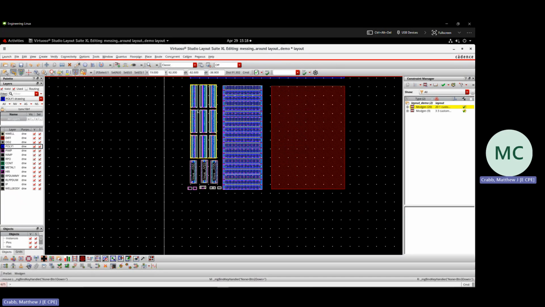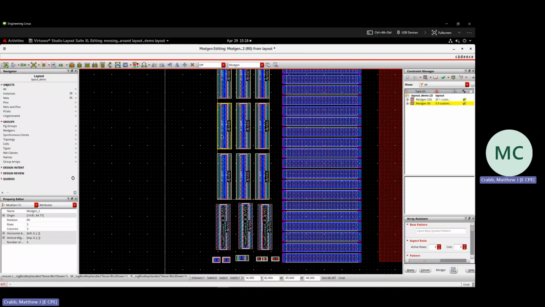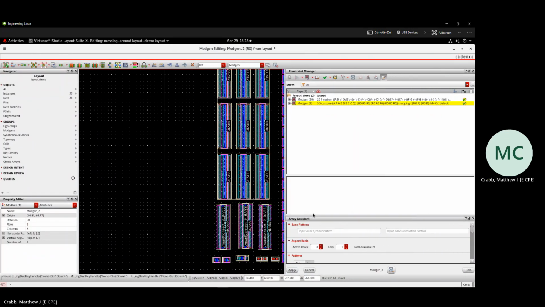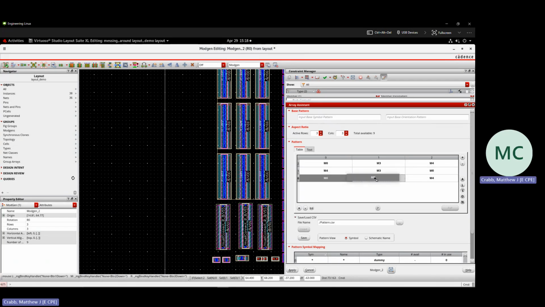Let's call that good there. So let's say I want to do a common centroid for these PMOSs now. I can double click in, use my array assistant. And I did a little bit of thinking about this earlier. You can move things around. So M0, 0, 0. I'll do M3 here and here. And now I have